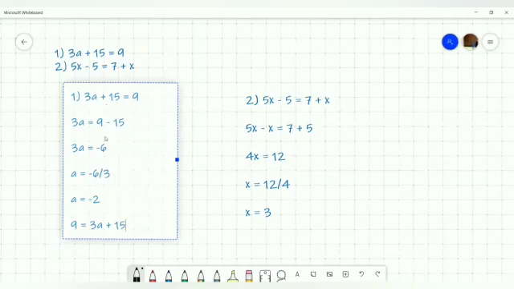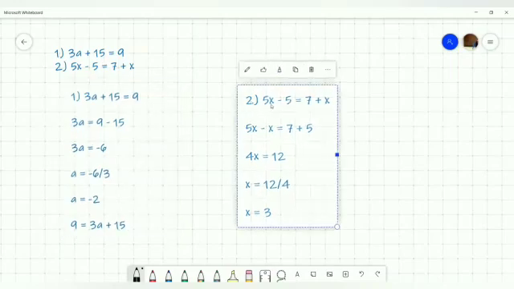So this is the example where the variable is only on one of the sides, either on the left hand side or on the right hand side. And over here, the variable is present on both sides. Then what we will do is, we will shift the term with variable to the left hand side and the one with constants to the right hand side. And then we will solve it as we have solved the first one. So these are the examples of how to solve the equations. Few more are there. We'll discuss in the next example.